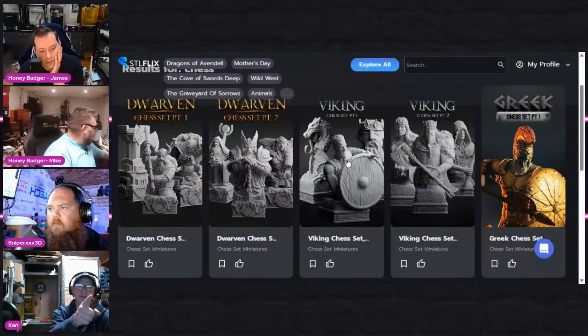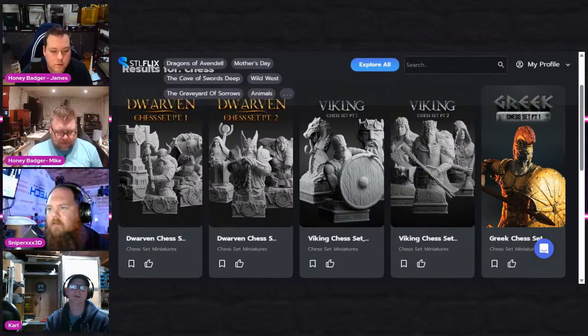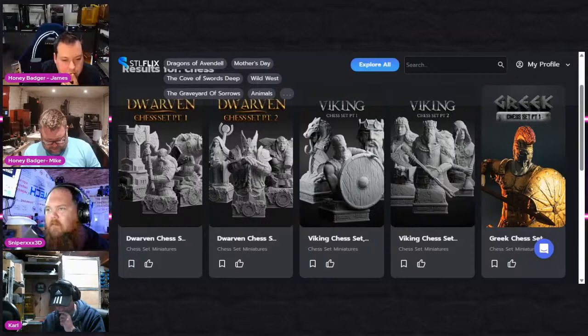Oh, that Viking one looks nice. The first one or second one? First one, I like the horses. Ooh, I like that dragon. That's the 3D export Goblin chess set, that's really good. There's a Marvel chess set that's pretty cool from Hex 3D. But that's not really what I want. A classic chess set. I was just looking at the filing. That dragon for the knight looks amazing. I might actually download these ones so it's a pawn, rook, and knight for the first piece. And then the second one is...